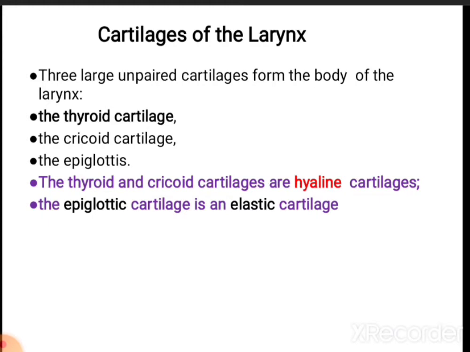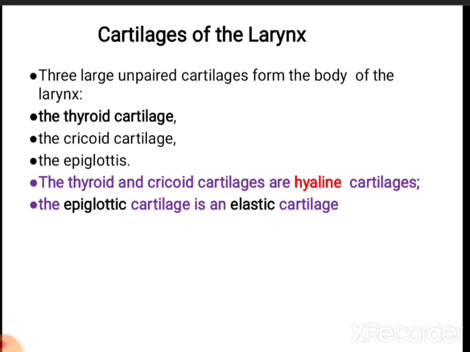Cartilages of the larynx are thyroid, cricoid, epiglottis. Thyroid and cricoid cartilages are hyaline and the epiglottis is an elastic cartilage. So first we discuss the thyroid cartilage. It is a shield-shaped cartilage. It has superior and inferior horns. In the diagram we can see the superior and the inferior horns which are forming the upper and the lower